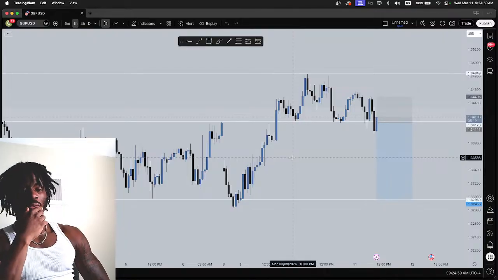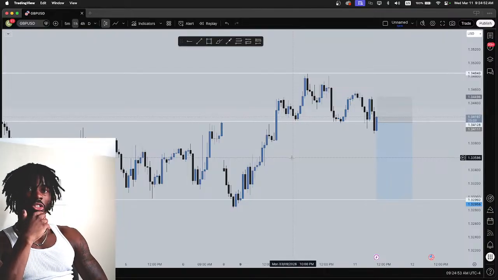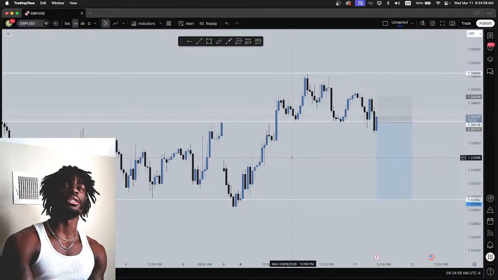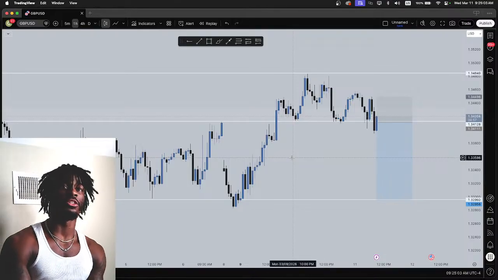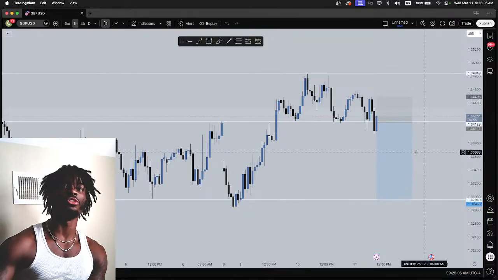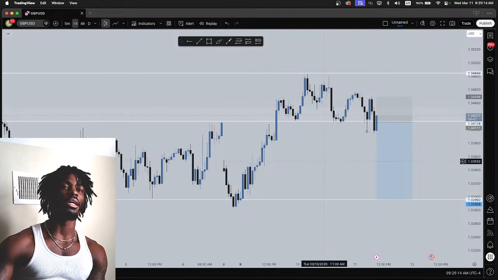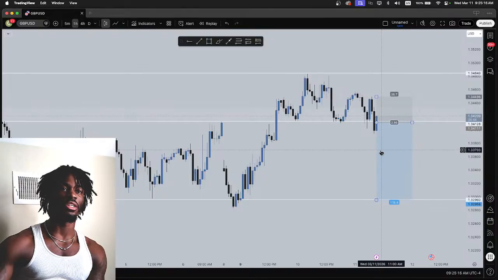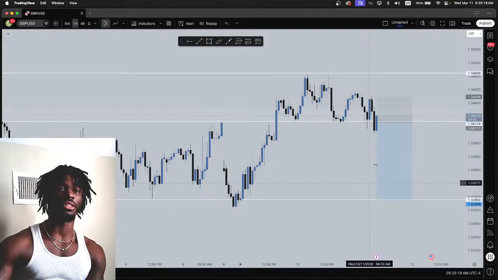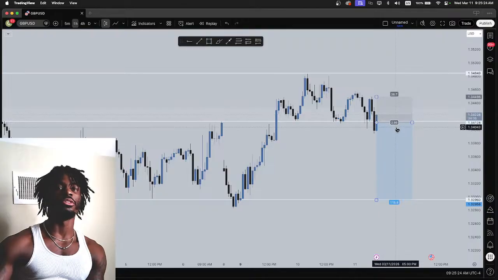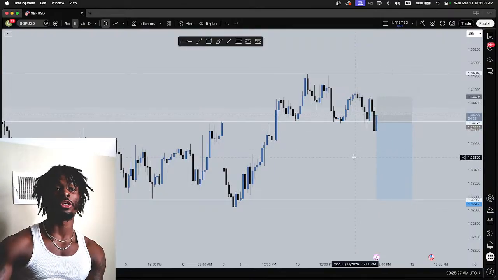I don't need to try to get a 1 to 15, 1 to 10, 1 to 20 R multiple for every specific entry because I know that if I'm flowing down to a specific area, however long that takes, even though this initial entry is a 1 to 3, if price were to give me that lower high, but let's say I got in right here, even though the initial trade is a 1 to 3, I know that there's so many opportunities where I could potentially scale in, scale out, scale in, scale out, and those stop losses would be a lot smaller depending on that scale in. So this 1 to 3 for this one position can end up turning into a 1 to 10